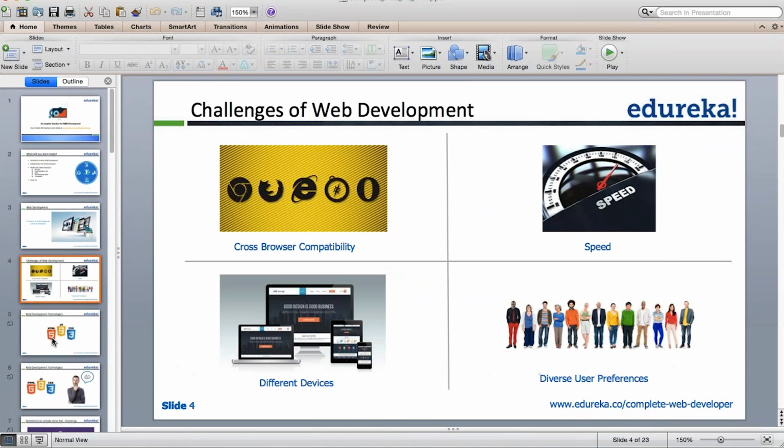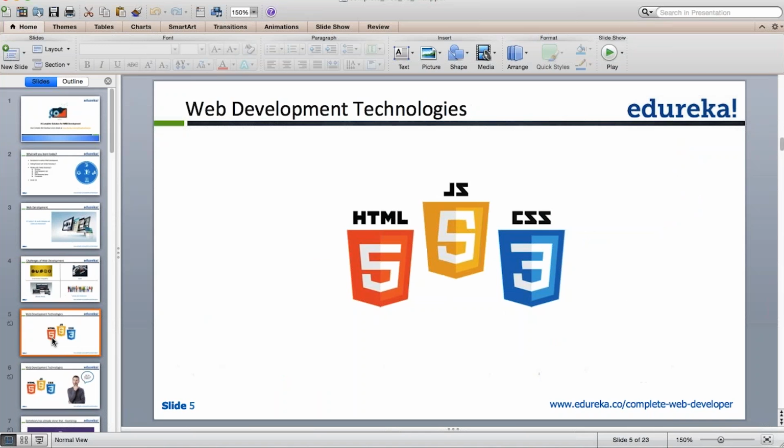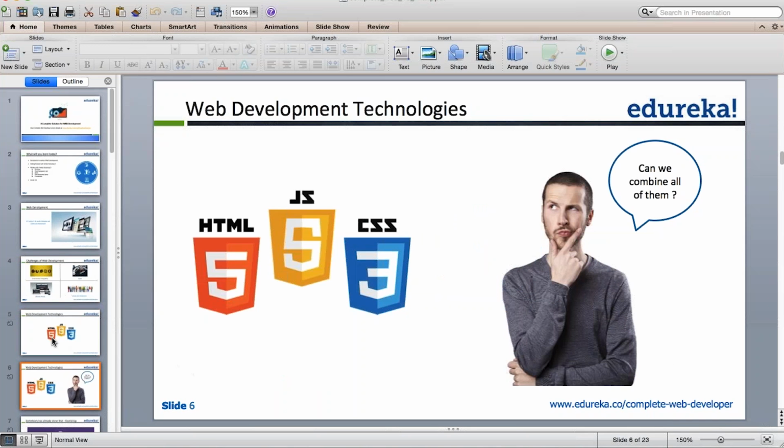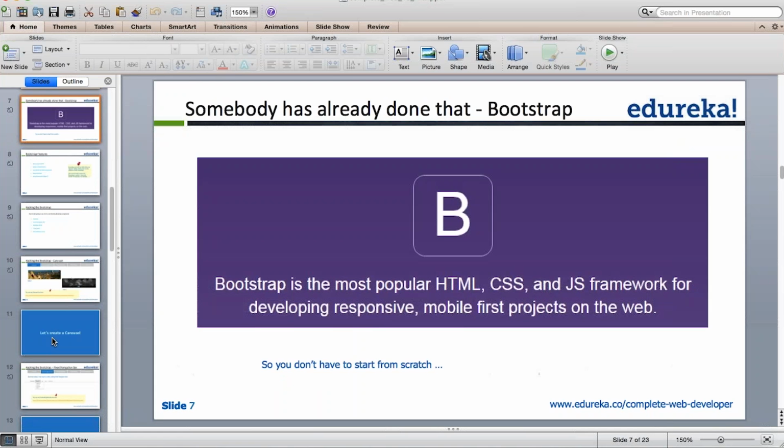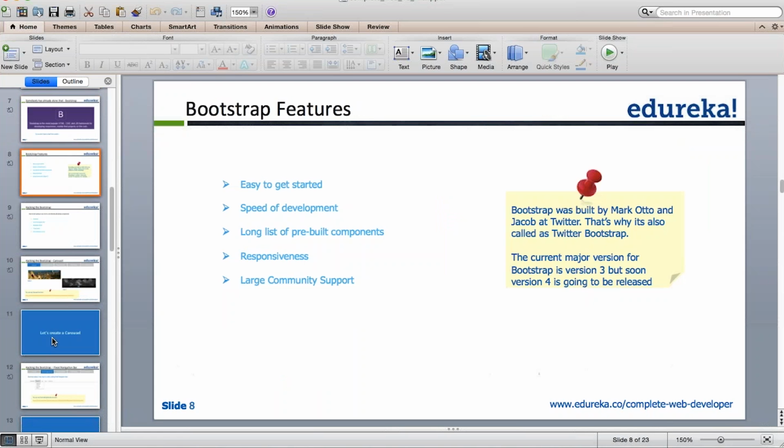A back-end developer can write the same piece of code which he used to write 5 years back, but that is not the case with front-end developers. We need to deal with APIs, third-party APIs. We need to crack the JSON. Based on that JSON, we need to populate HTML dynamically. So we need to have a wide range of knowledge. That is where this particular Edureka course comes in.